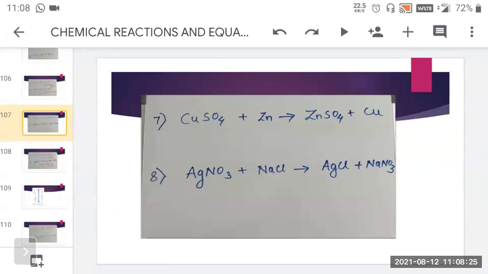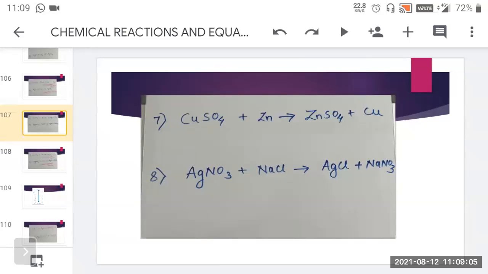Now in displacement also, there is single displacement reaction or double. For single displacement, what I said, is that you should always see that only the replacement of one element will take place. And for that, on the reactant side, there should be one compound and one element. But as you can see here, there are two compounds, AgNO3 and NaCl. The reaction which is present above has one compound and one element. But the reaction which is present below, the eighth one, has two compounds. So it is not fulfilling the criteria for the single displacement.